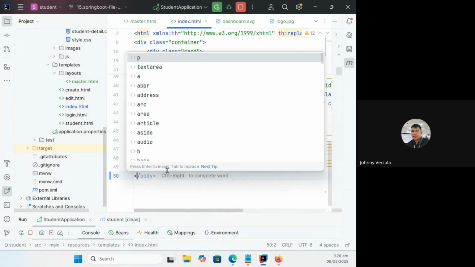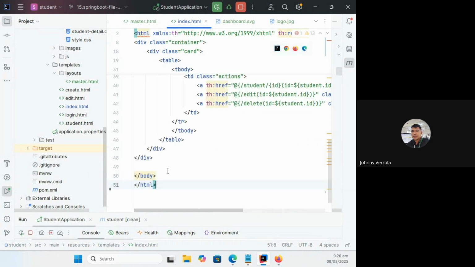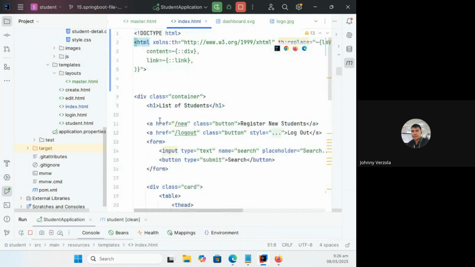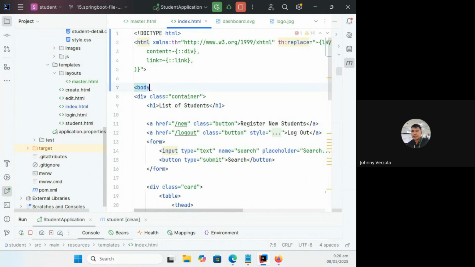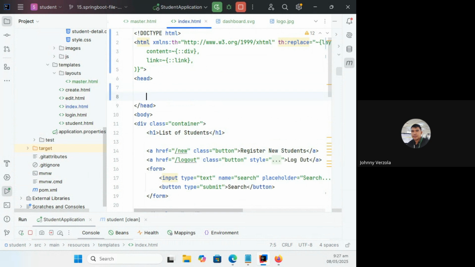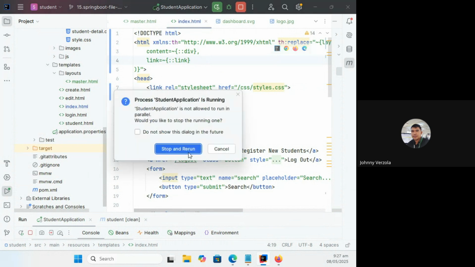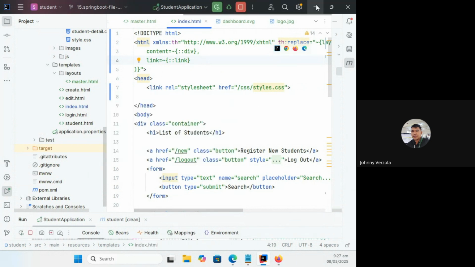We just have to add the closing tag for body, but this is optional. Even that one is optional. Since this is a partial, you don't have to make it a complete HTML file. I'm just adding it there, but that's not necessary. I'm just basing it on a source, but basically you can automatically create the link even without the head tag. Okay, that's an explanation.